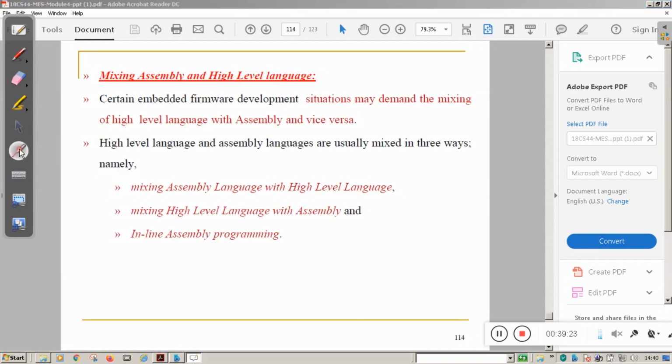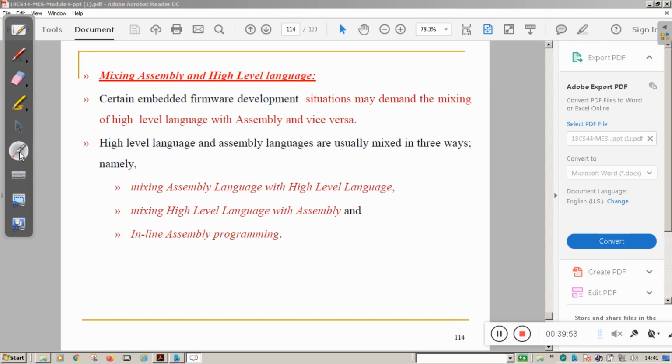Then the third approach is mixing assembly and high level languages. Here we use both assembly language and high level language. We have already studied this in the second module when I was explaining optimization of the code.